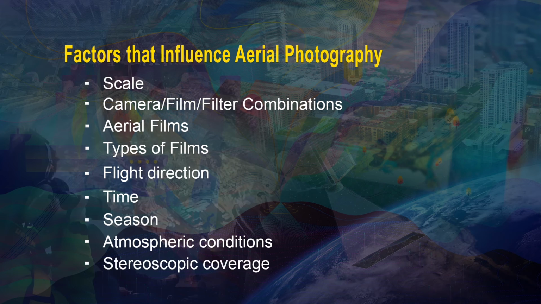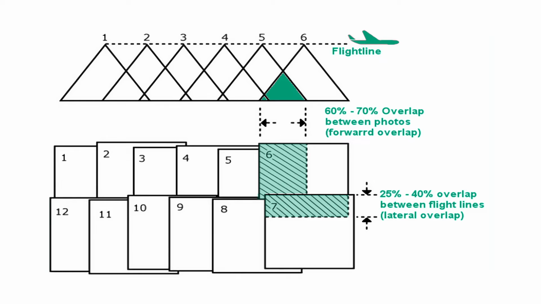The presence of dust and smoke during the pre-monsoon summer months and of clouds during the monsoon months forbids aerial photography during these periods. Stereoscopic coverage. To examine the Earth's surface in 3 dimensions, aerial photography is normally flown with 60% forward overlap and 25% side overlap to provide the full coverage of the area.